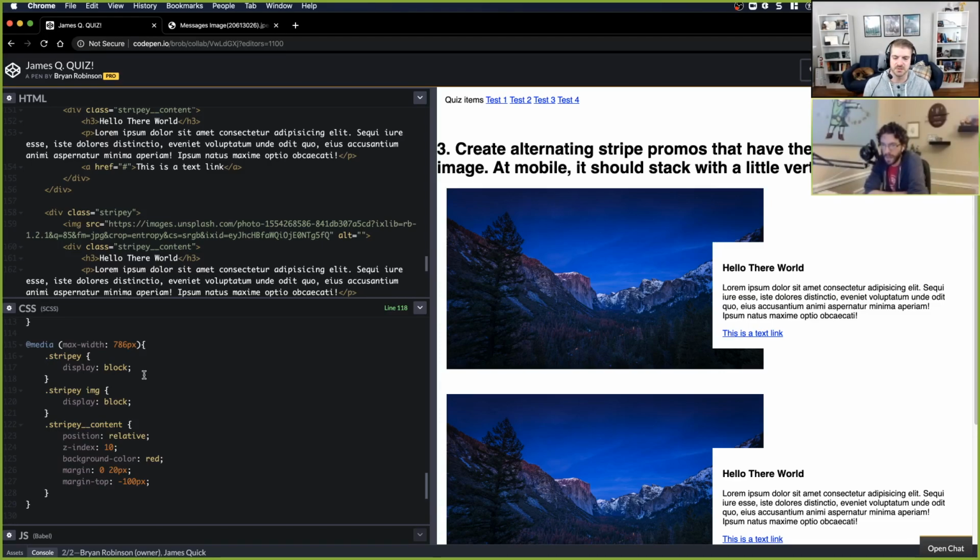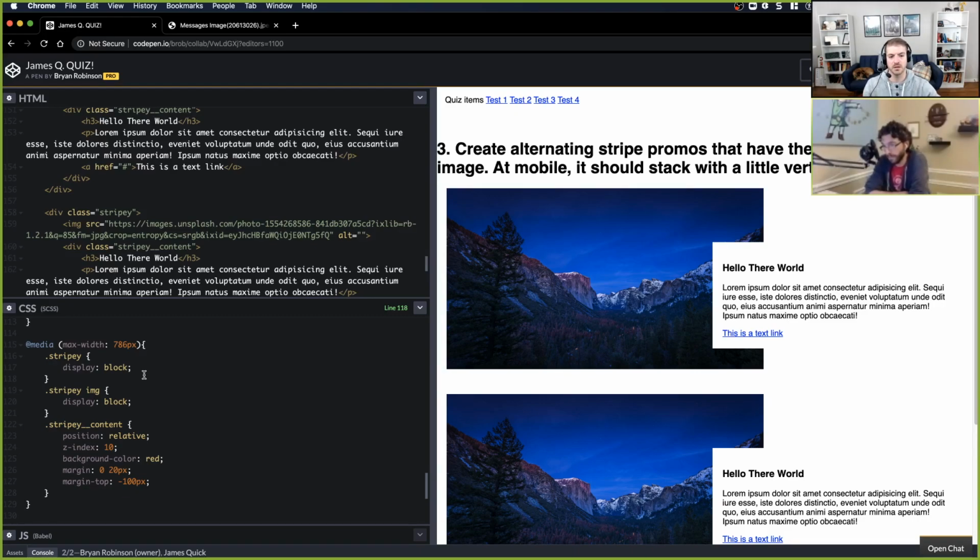I don't know how order plays with grid, to be perfectly honest. I don't use order that much. You can do some order stuff, but really with grid you want to be placing things. My intended solution, if you want to know what that is, is that you would redefine your grid template columns and keep your line names the same, but you would change where those lines are and the size of the columns that they go around.